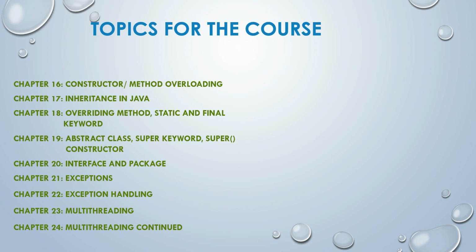So for multi-threading, we have the Thread class and the Runnable interface. We will learn about them, how to use them, and how to create a thread. And we will learn about the different methods of the Thread class. Then we will learn command line arguments